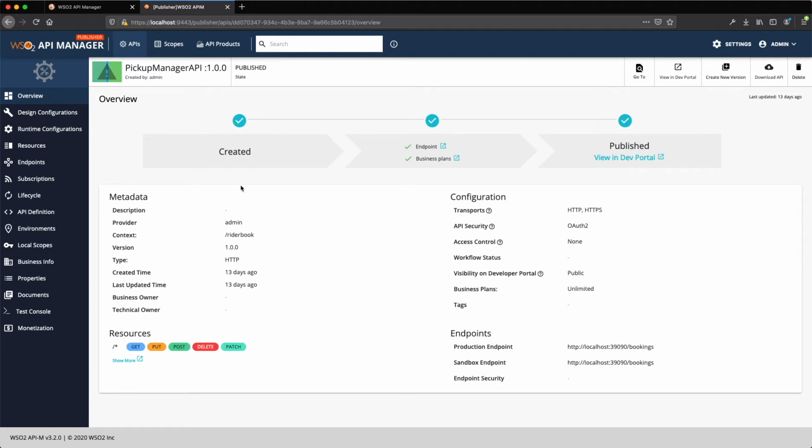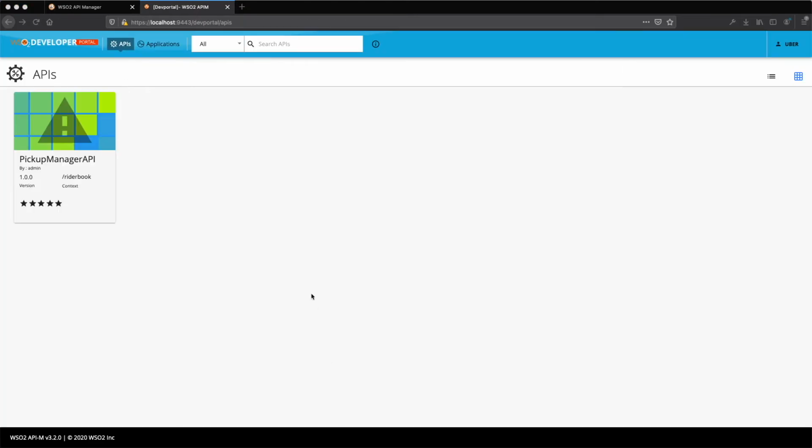And now let's go into the developer portal, where we could subscribe to this API and create applications, where the backend applications can utilize them. So now I'm logging into the developer portal. The user I'm using is Uber. This is the application developer experience.